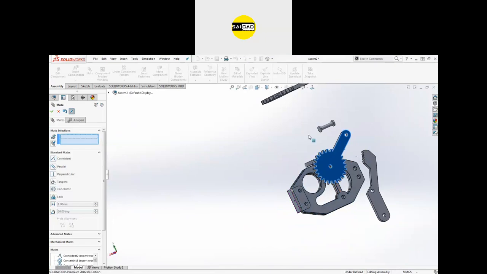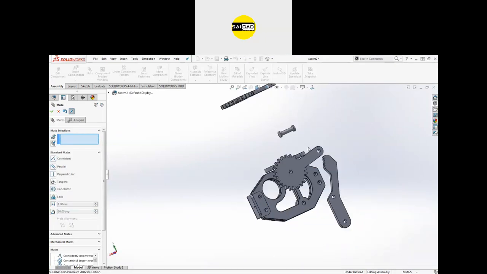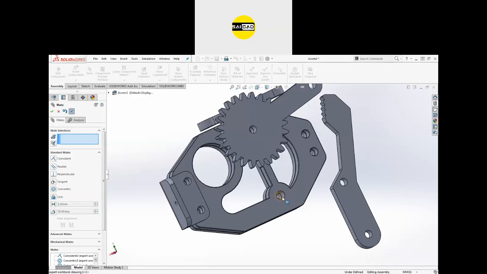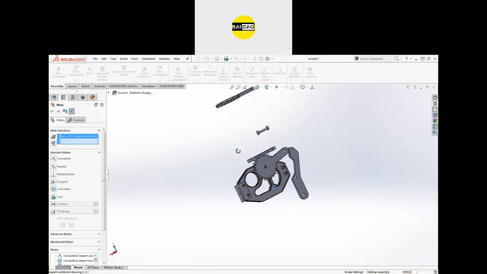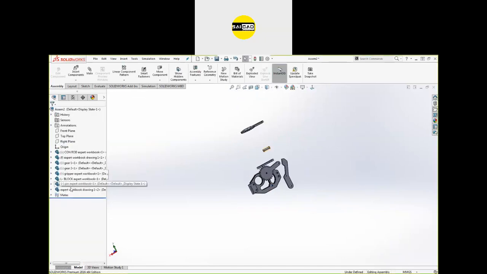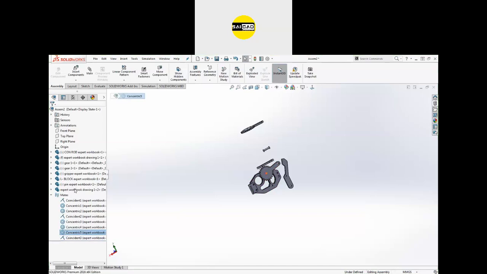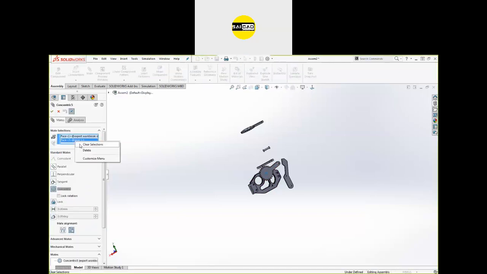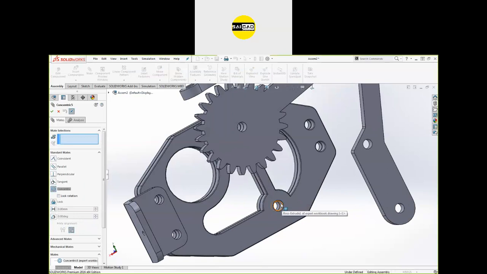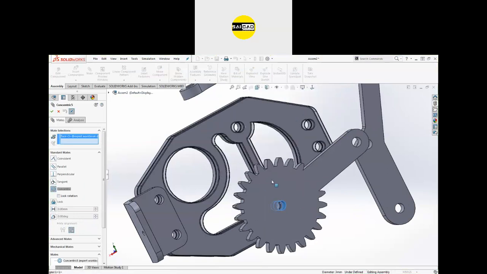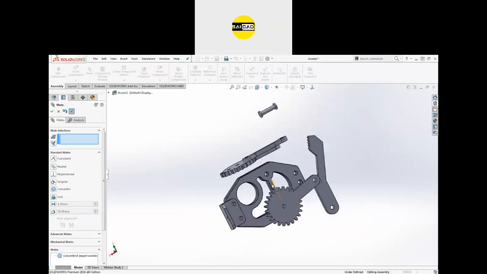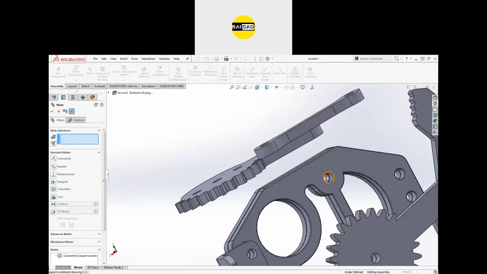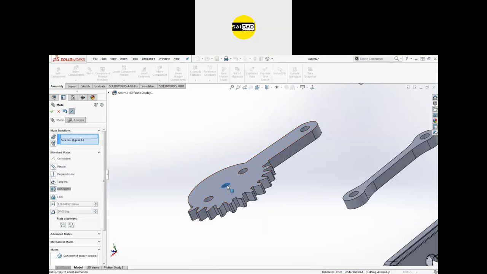So we need the rotation, so I'm going to leave that, and for here we need, okay, I think I have added some different relations. I need that concentric to be edited and that concentric to be here. This component was on this side, so just select that and we need a part, this one here. So select this one, select this one.